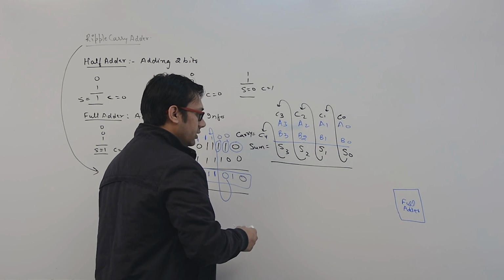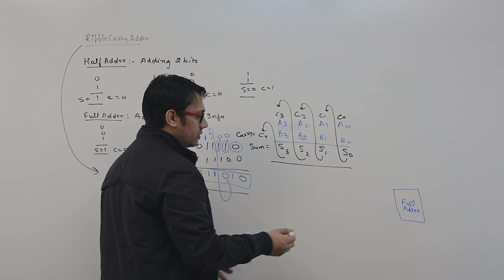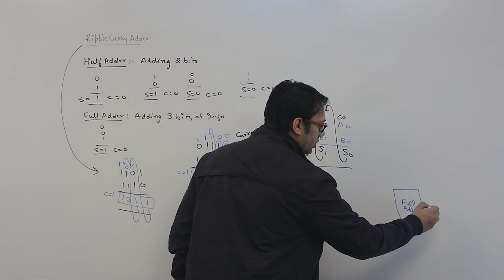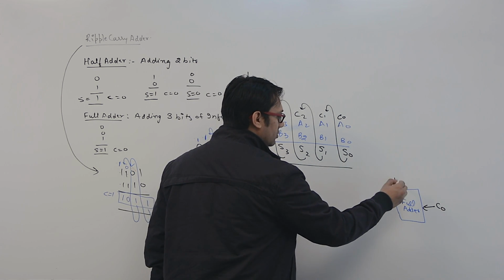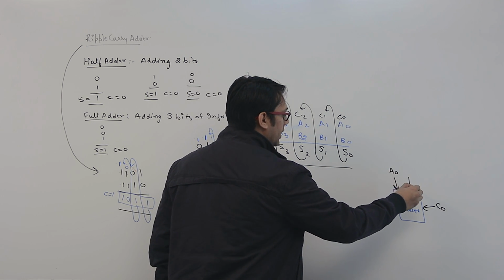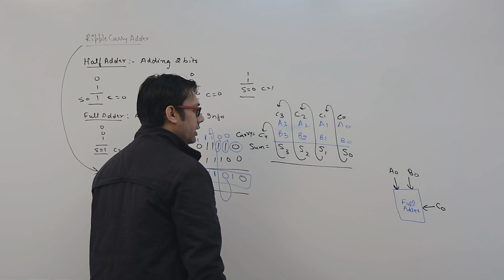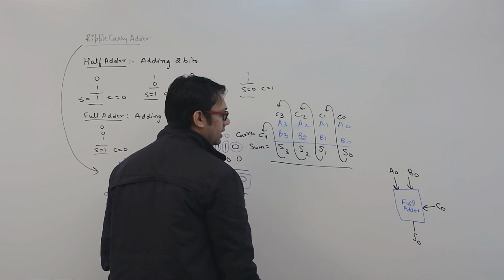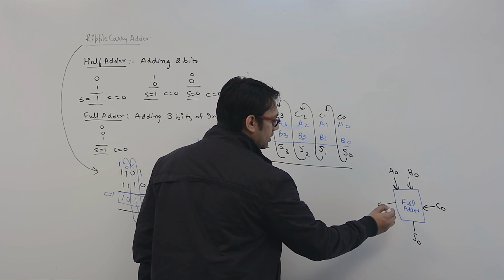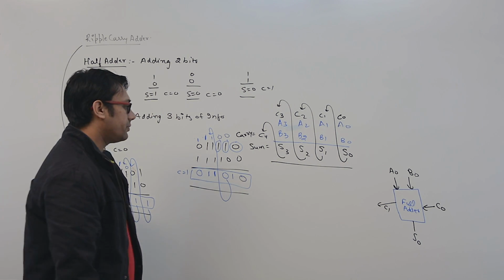Now this full adder is going to take a carry as input. So initially the carry which you are going to take is C0. It is going to take both the bits. Assume it is A0 and B0. Initially I know what is the value of carry, it is 0. Then it is going to give you S0, that is the sum, and then it is going to give you the carry, which is C1. So we can represent a full adder by this block diagram.